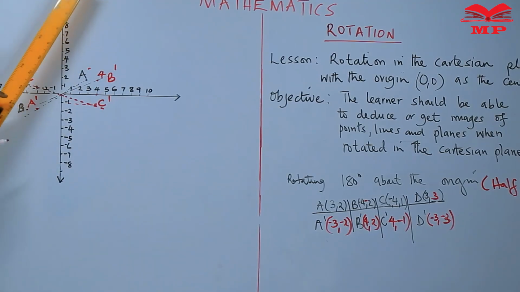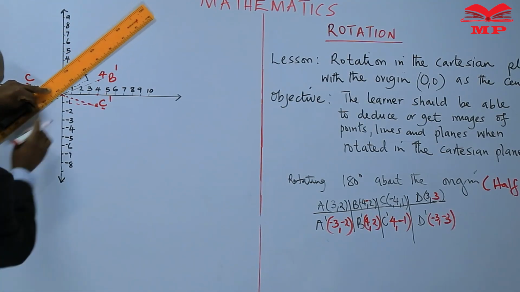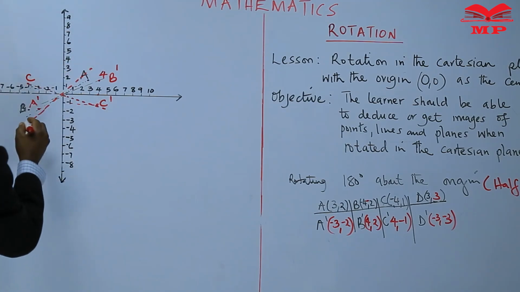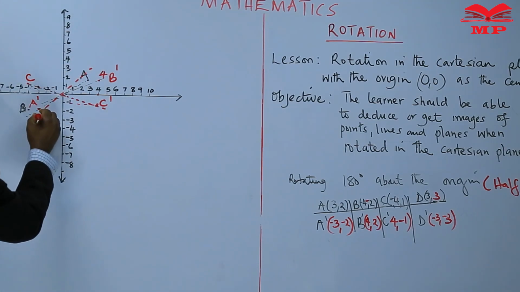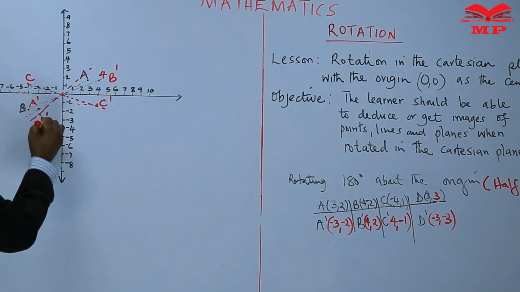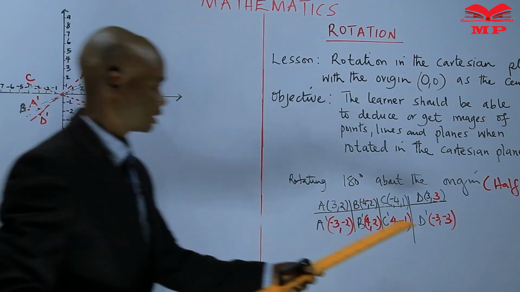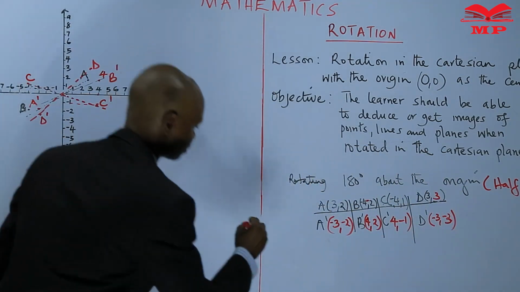So when you turn it half turn, you'll find it will come here. It will be your D prime. So this is your D, and it will come to that. So our conclusion from the observation,